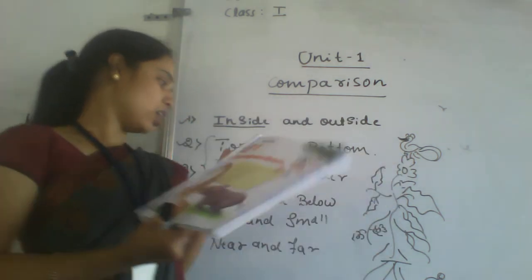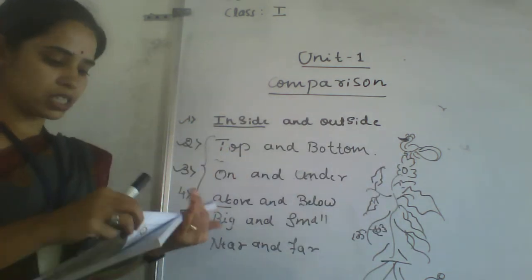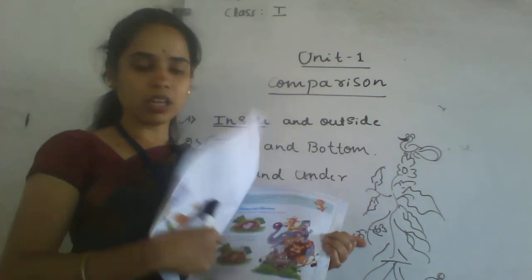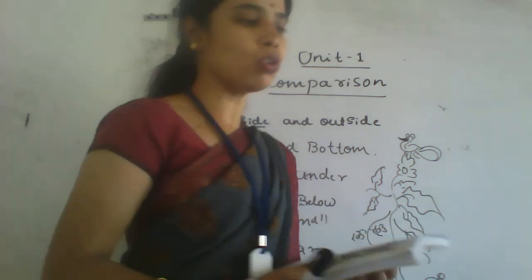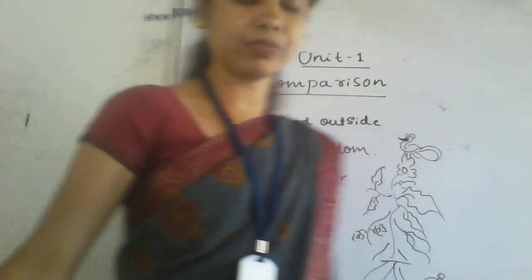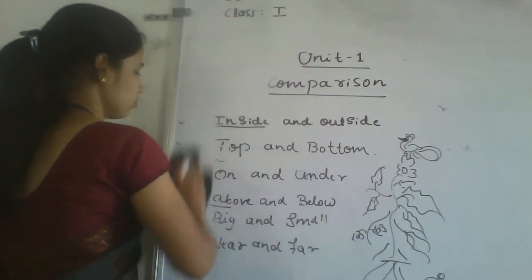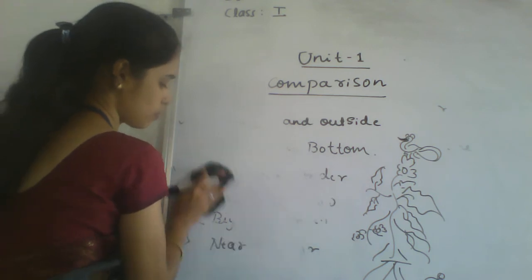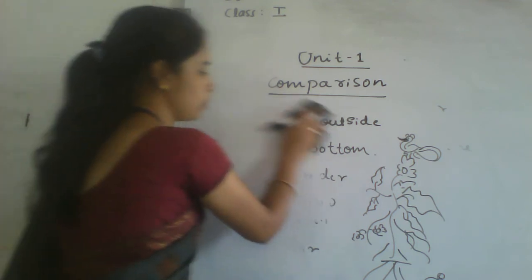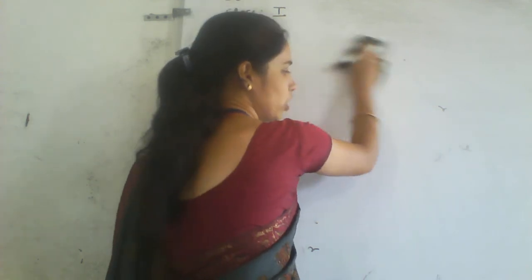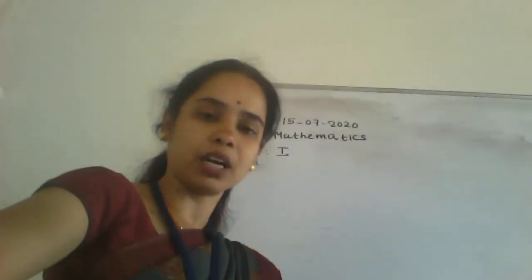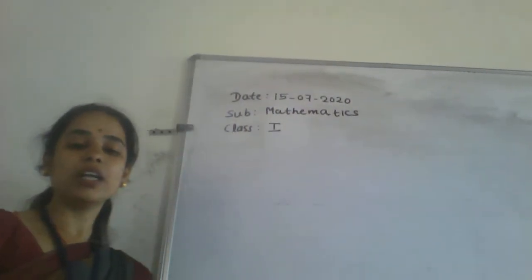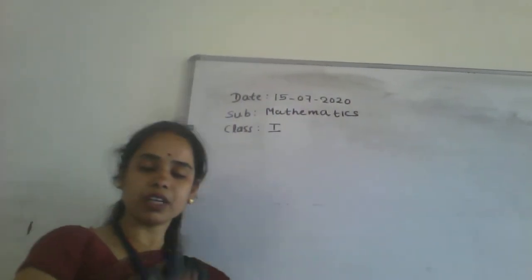Next, the remaining third and fourth will continue in the next class. Now I will give you homework. Please, children, try to learn tables 2 to 12. It's very useful for you while you are doing addition, subtraction and multiplication, for everything. That table is very necessary.